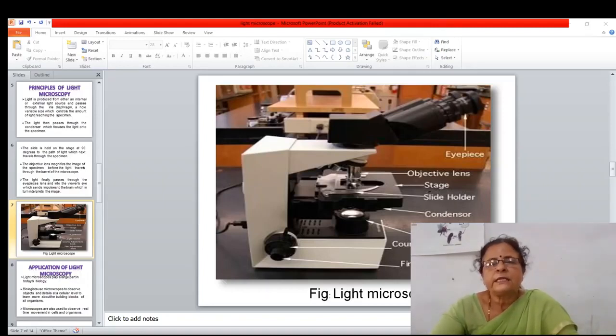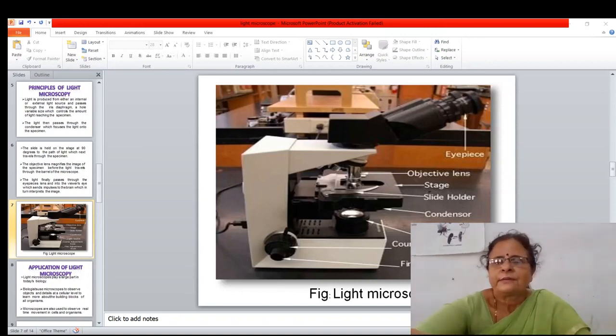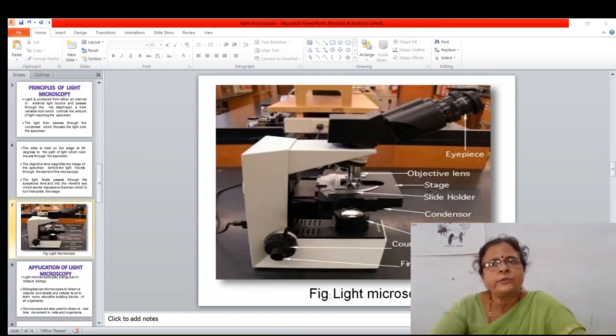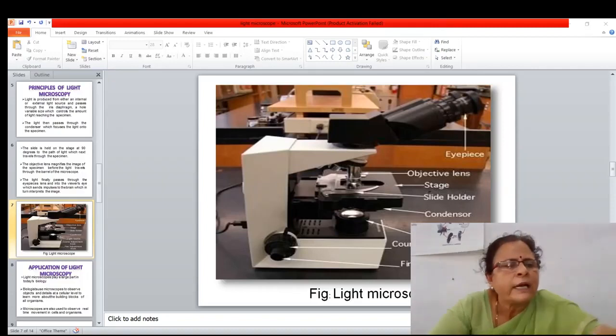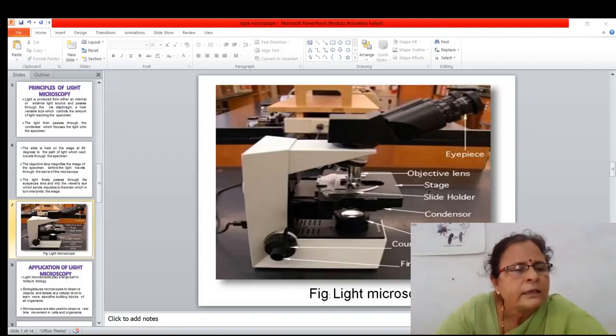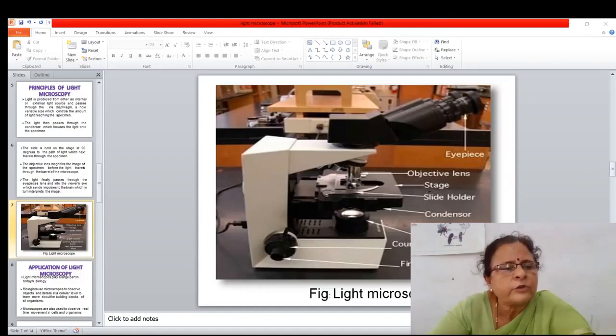The resultant image which we get is a multiplication of both the images, that is the magnification done by the objective lens and the magnification done by the eyepiece. Then we will have different types of microscopes. The simplest is the compound light microscope, and these are most commonly used in